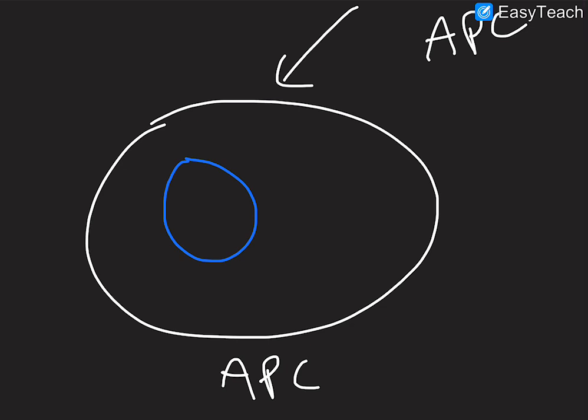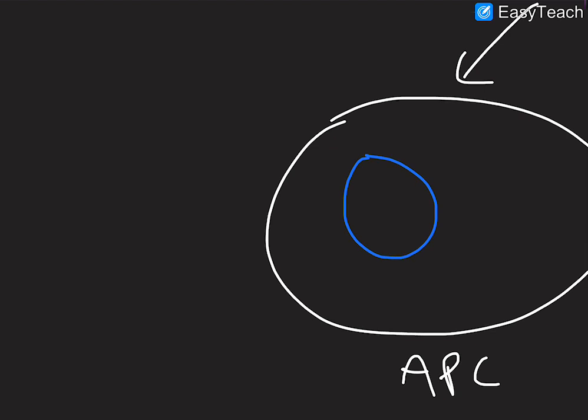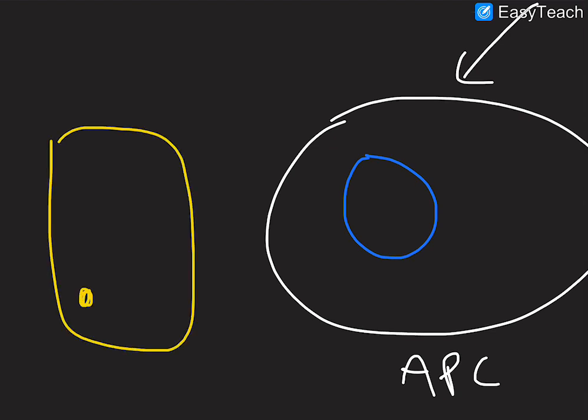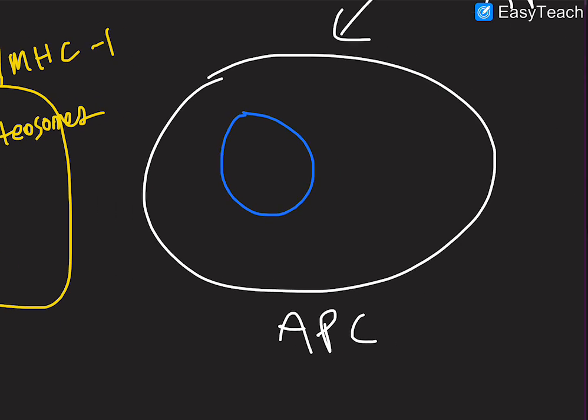So if we have a virus infecting a normal epithelial cell, same thing happens here: the virus can get degraded by proteasomes inside our cytosol, and then the degraded viral particles or viral peptides can get put on MHC1 and expressed on the cell surface with our MHC1. So this is going to be our MHC1. Same thing happens in our antigen presenting cells. If we undergo cross-presentation,